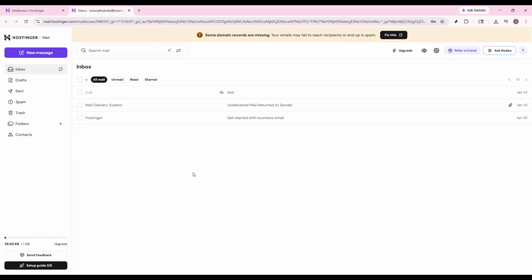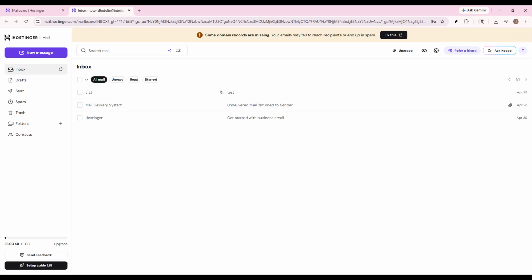Be careful when typing it, especially if you have caps lock on or if your password includes special characters. If you've saved your password in your browser or password manager, you can use that to make the process even faster. After you've entered both your email address and password, take one quick look to confirm everything is correct, then